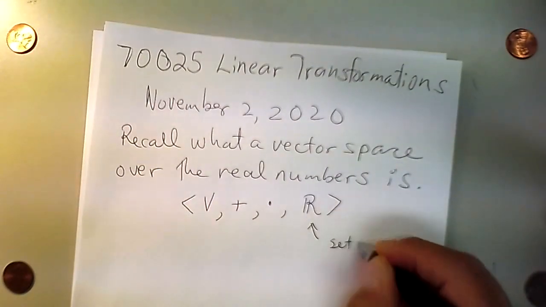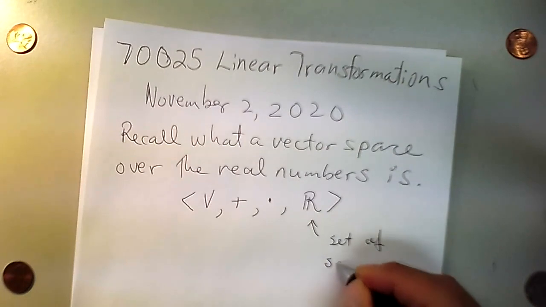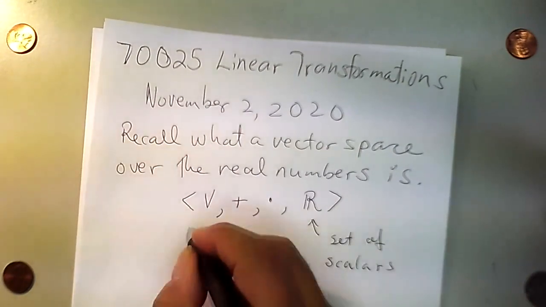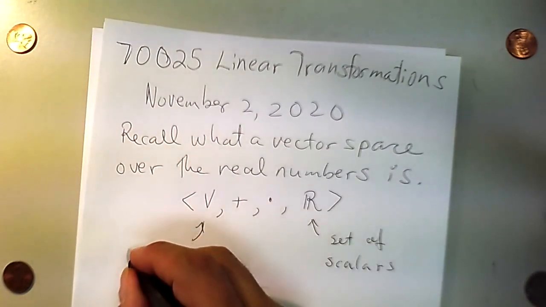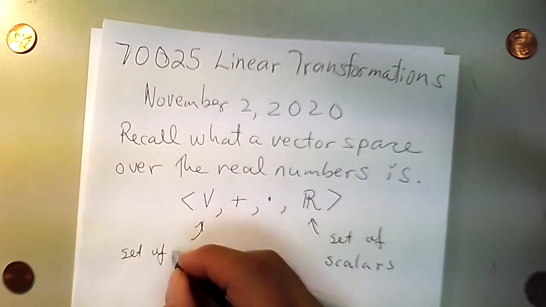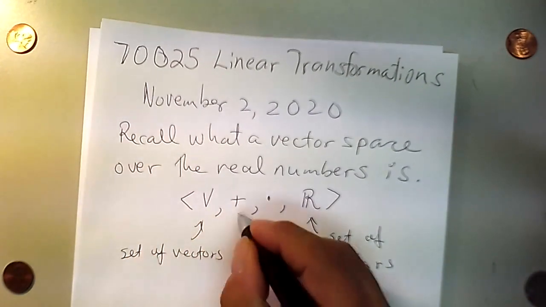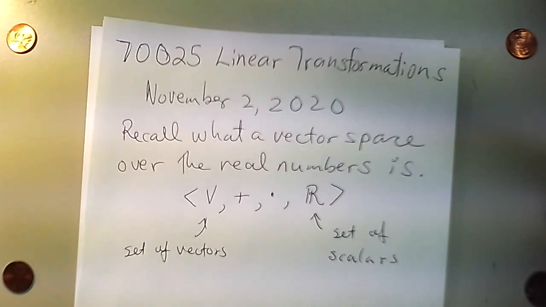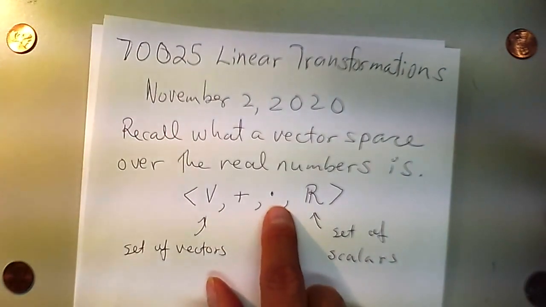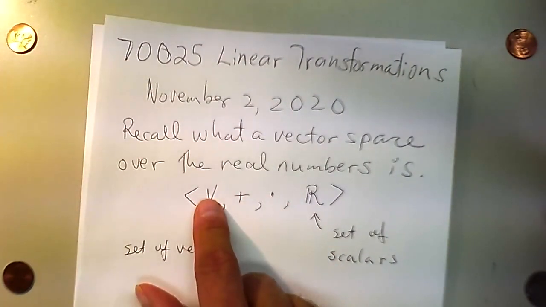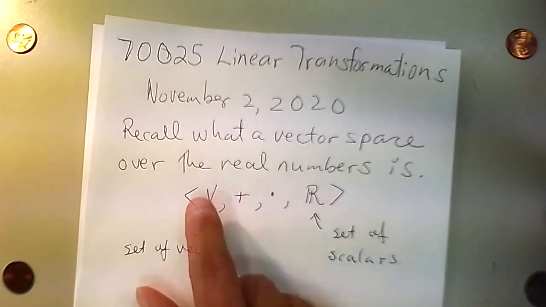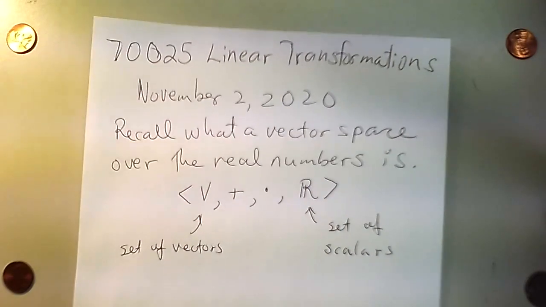Set of scalars. This is the set of vectors. And then we have to have an addition and a scalar multiplication. By that, what we mean is we multiply vectors with scalars or scalars with vectors. And we have to have 10 different